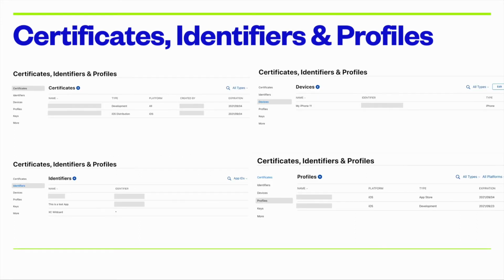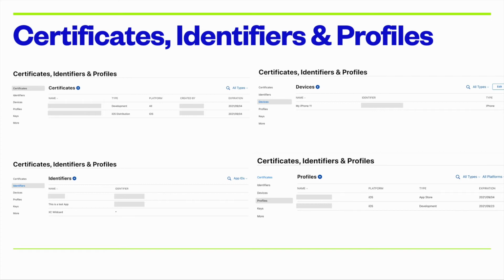To give you an idea of how you create a certificate or an identifier or a provisioning profile, this is how the certificates, identifiers and profiles section of your Apple developer account looks. You'll be able to manage your signing certificates, app identifiers, your test devices and your provisioning profiles all in the same place.